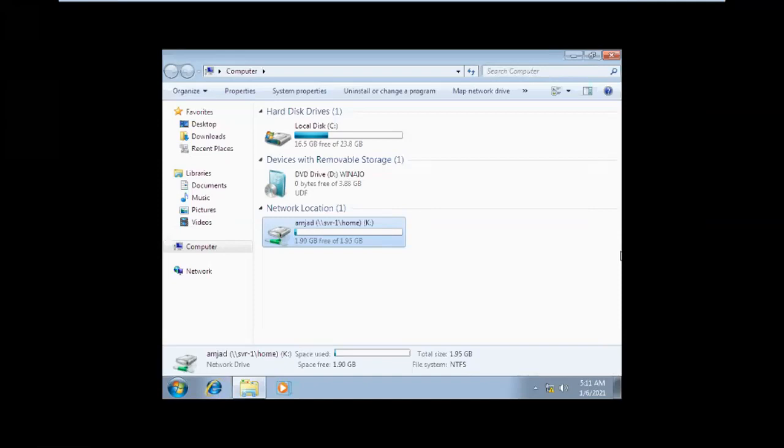Here it shows the same storage. If I fill the 1 GB, he only has the 0.95 GB left, right? But, sir, everybody gets the same 2 GB space.